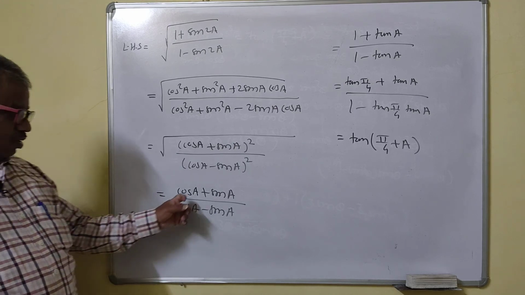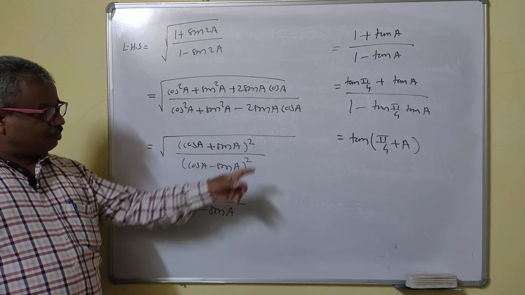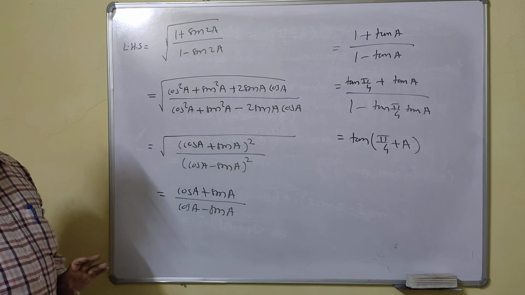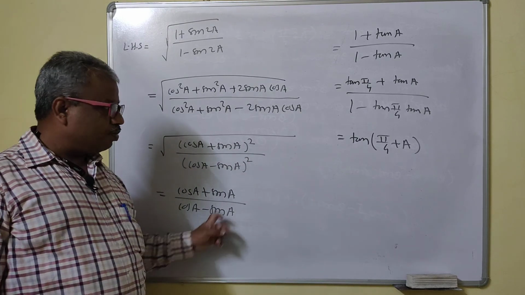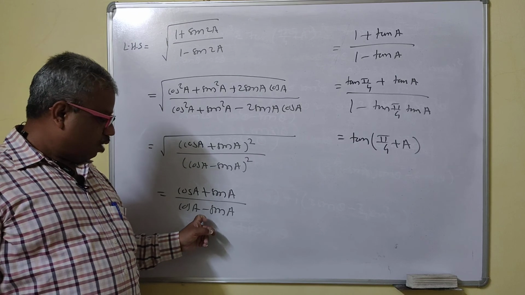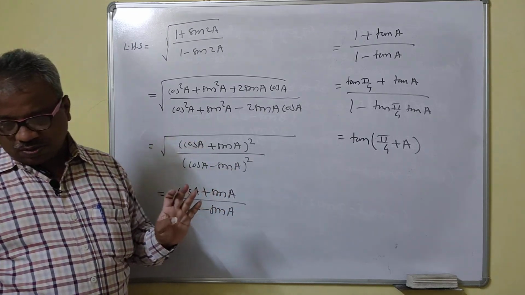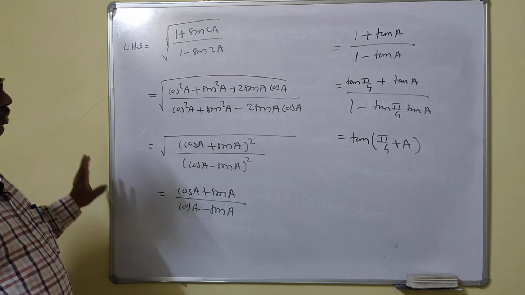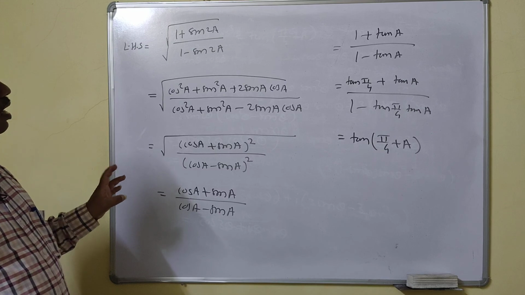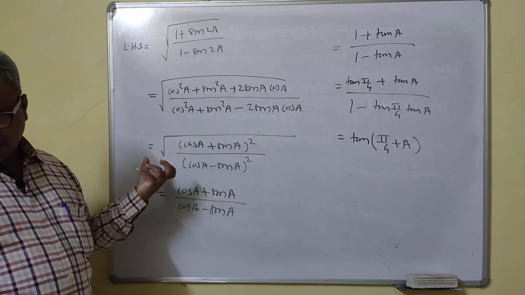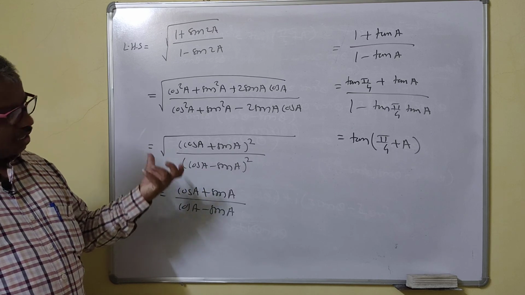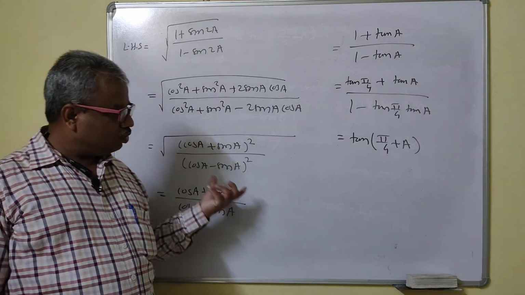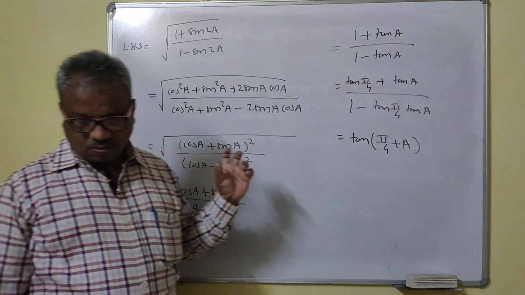So you have to also remember that (cos a plus sin a) upon (cos a minus sin a), or the root of this one, is also tan of (pi by 4 plus a). So easily you can obtain that (cos a plus sin a) upon (cos a minus sin a) is equal to tan of (pi by 4 plus a). I hope that you understand this one, right? So now here, what happened in trigonometry? If the problem changes, then you have to change your thought, but all are applications of the fundamental identities and formulas. So you should remember the formulas. So we'll stop here.